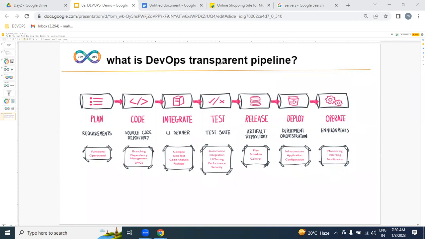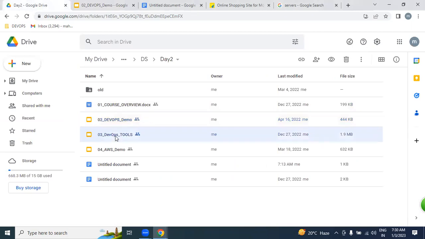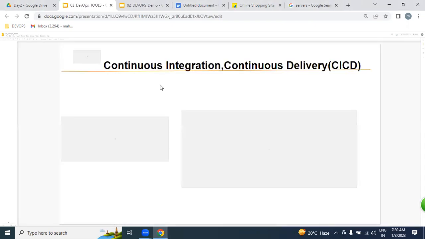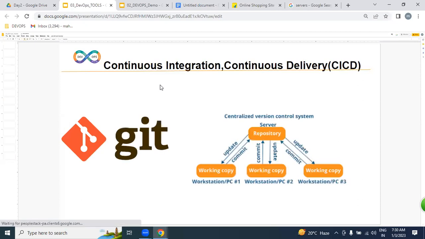But for implementing this DevOps process, we're going to be learning some tool stack. Which tool stack are we going to be learning, guys?